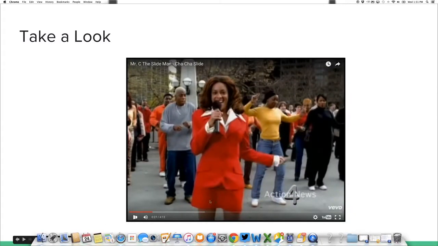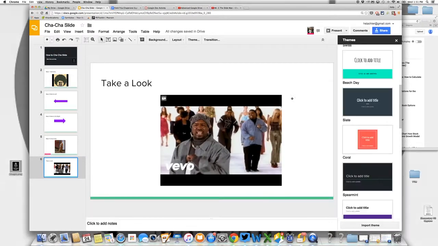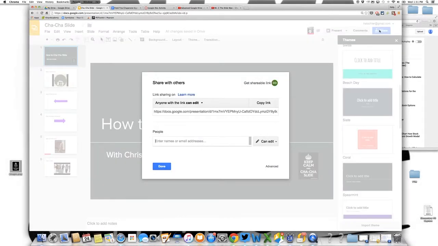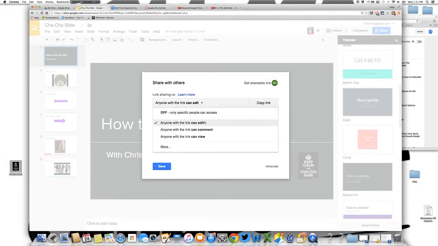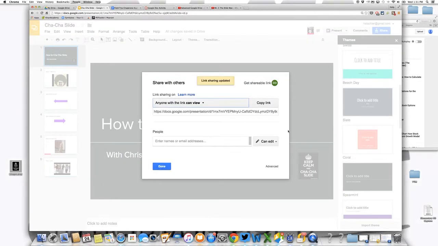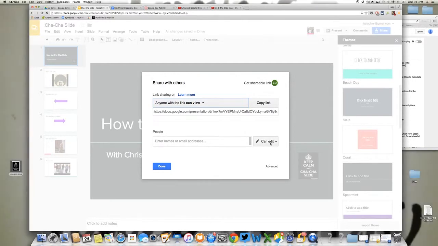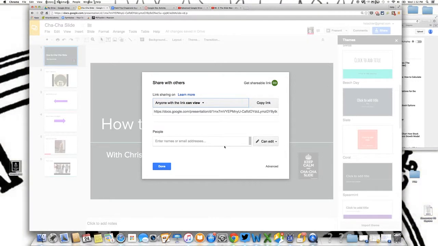So that's Google Slides. It operates just like Google Docs did. So when you want to share it for people to see, I can go in now. I can do anyone with the link can view, which then took Chris out of it. Now, had I shared this via his email address and put it in his drive and gave him editing rights, he could still edit. So like I said, if you're really working on a project that you're going to both work off of continually, that's how you're going to want to do it,